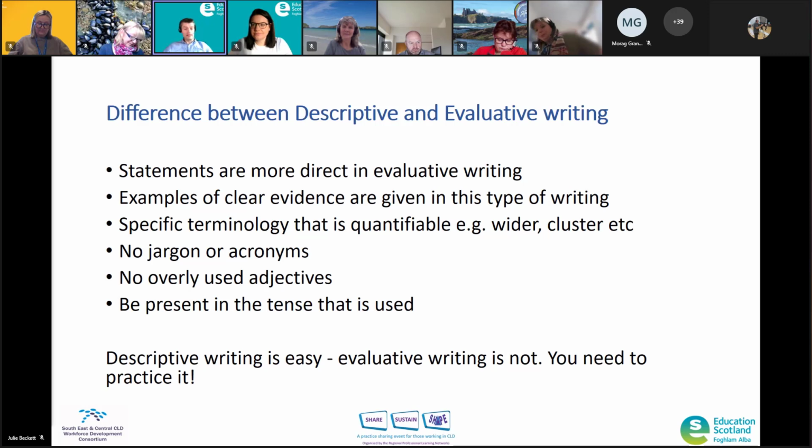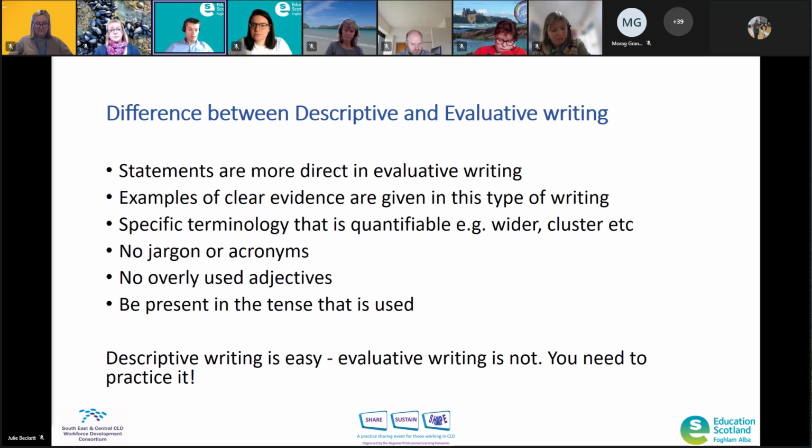Finally, it's important to highlight the evaluative writing that is more difficult than the descriptive. It requires that sort of critical thinking and constantly asking the so what part. It needs to be practiced, but implementing it into your work means that you'll get better at it with time. So the more you do it, the easier it becomes.